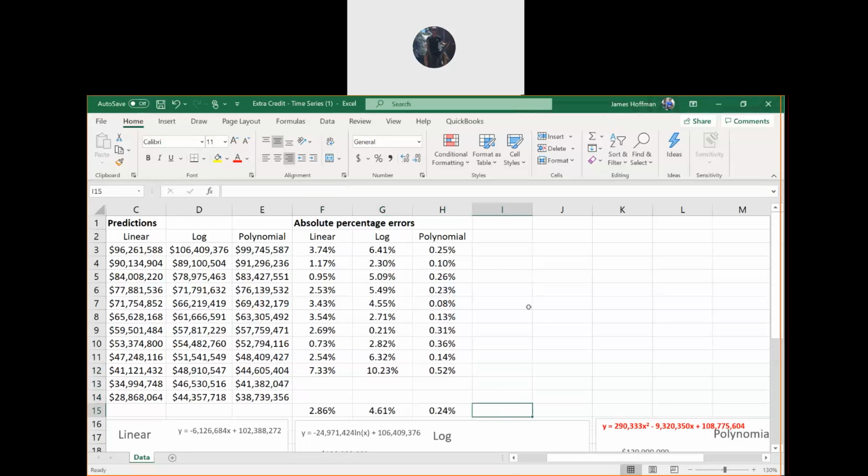All right, so I'll just make a little note that these are the MAPEs.